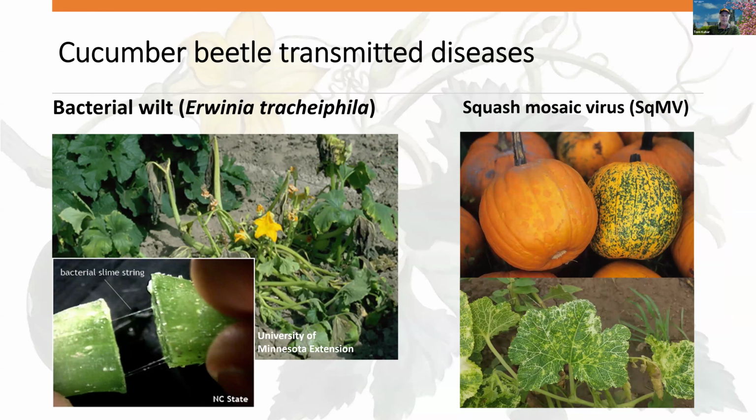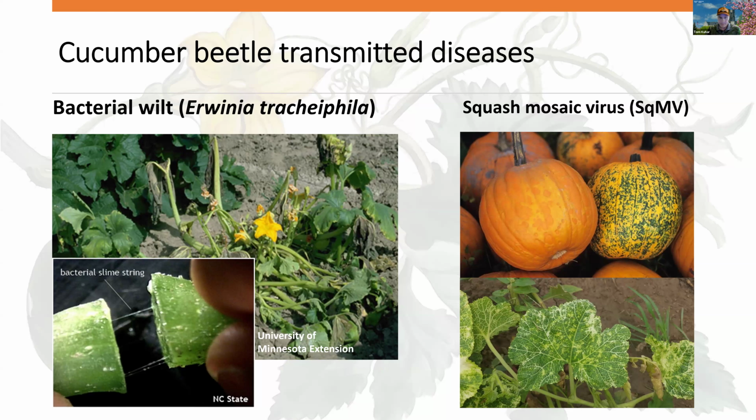This bacteria overwinters in the gut of the beetle, and in the spring they introduce it to the cucurbit plants, and this bacteria can go systemic and kill the cucurbit plants when the vines start to run. Very common sight in melons and some of the cucurbit varieties that are cucumber varieties that are very susceptible to the disease. A lot of the pumpkins and squash are not susceptible to that bacteria, but they are susceptible to